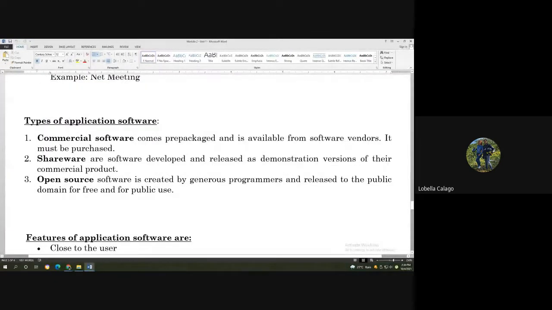So there are 3 types of application software. We have the commercial software, the shareware, and the open source. What is this commercial software? Ang commercial software, ito yung binibenta. Kaya nga, available from the software vendors, and it must be purchased. So, kailangan mong bumili. Like yung mga Windows